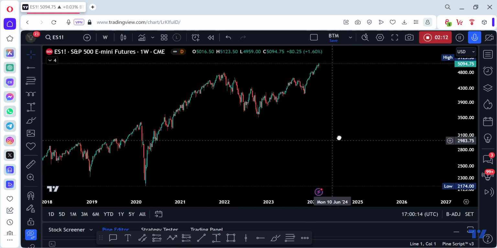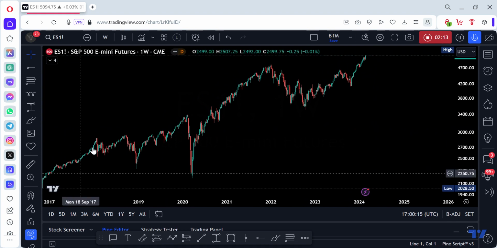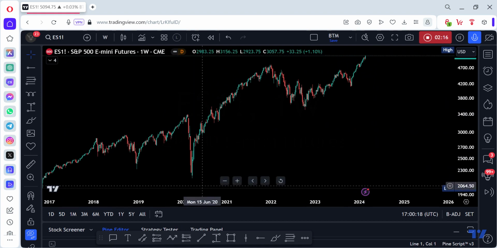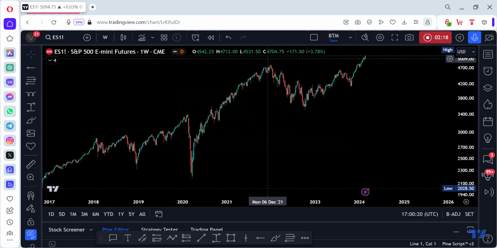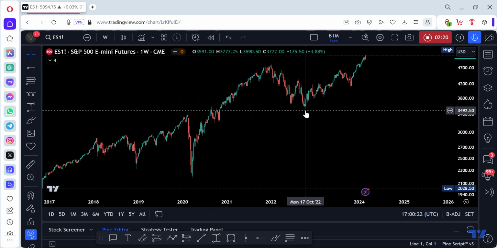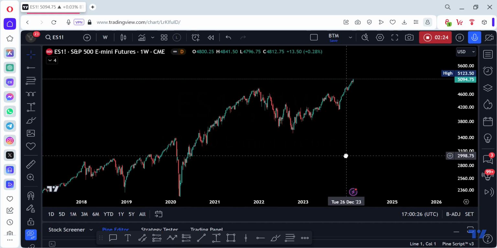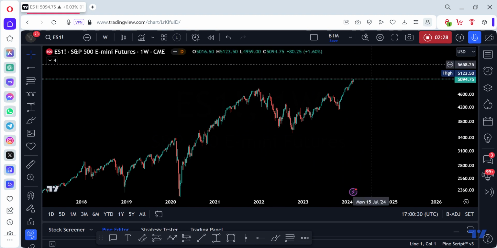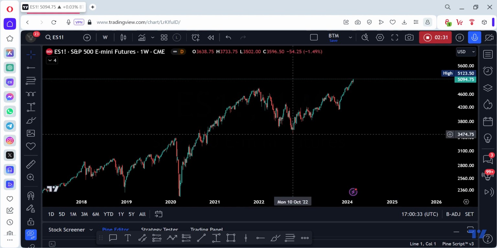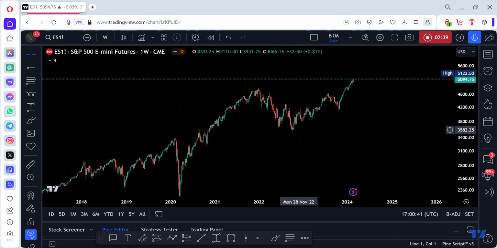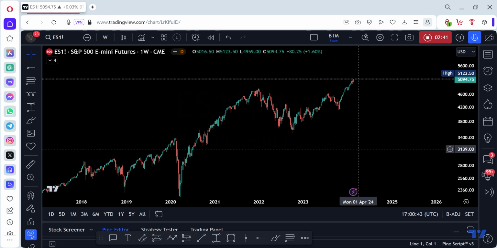Okay. So what we have here is an expanded triangle. We bottomed here, an impulse, and then the market made a lower high, but I think we are developing into a trading range. A trading range, okay. I think at some point we need to have another leg that is actually going to break the low that was present in October, the last October 2022. Okay, so that's my opinion on the price action.